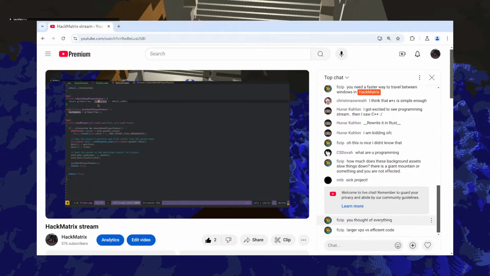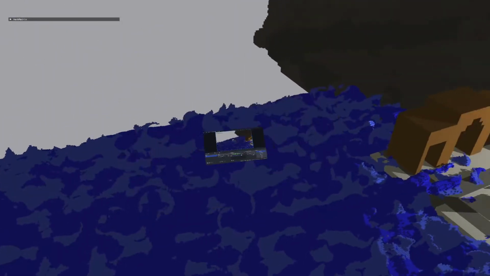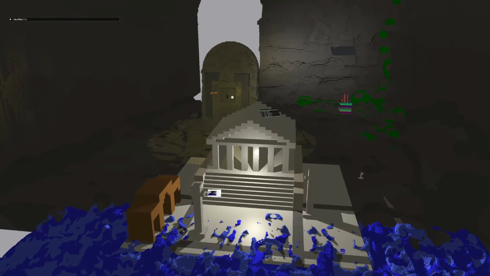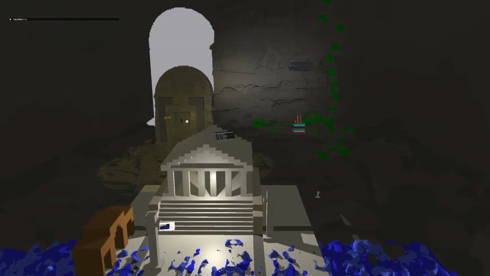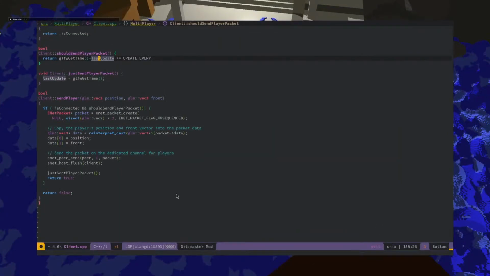GLFW get time, larger FPS for sufficient code. I thought of everything. Yeah, I'd much rather have efficient code. I think sending like 300 packets a second is not a smart idea. It's just not. And now it's sending 20, if this code is correct, and I think it is. Should send player packet, greater than. Yeah, I think that's right.